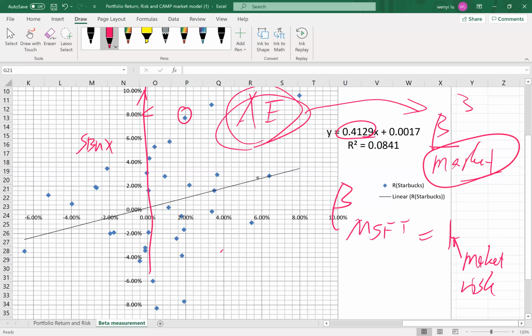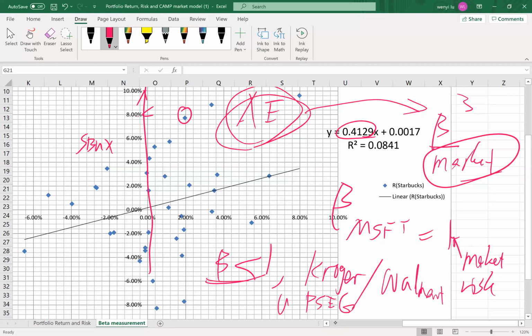And which company has a beta even less than 1? For example, some grocery companies. Even when the market goes to the downside or becomes volatile, the consumer still needs to buy groceries and food. For example, Kroger and Walmart, and also utility companies, for example PSEG. These companies have a beta less than 1, so even when the market is volatile, people's demand for groceries